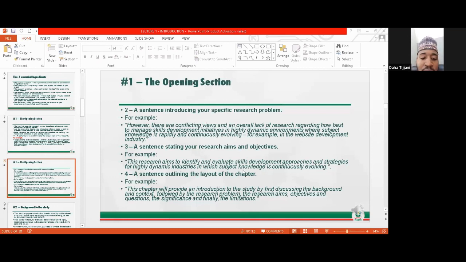This chapter will provide an introduction to the study by first discussing the background and the context, followed by research problem, then aims and objectives, then research question, significance. Some people even add hypothesis to it. So the number 2 ingredient